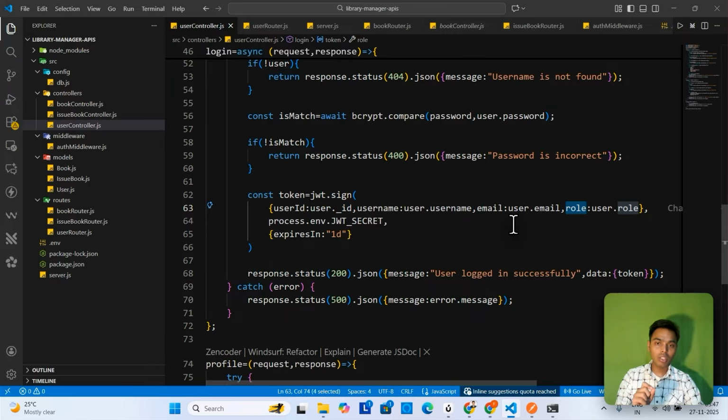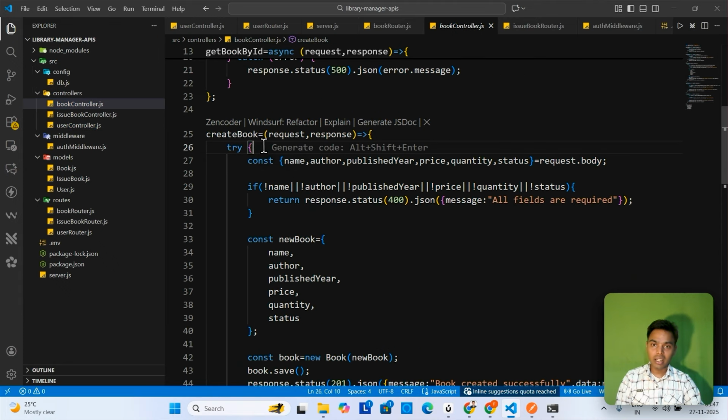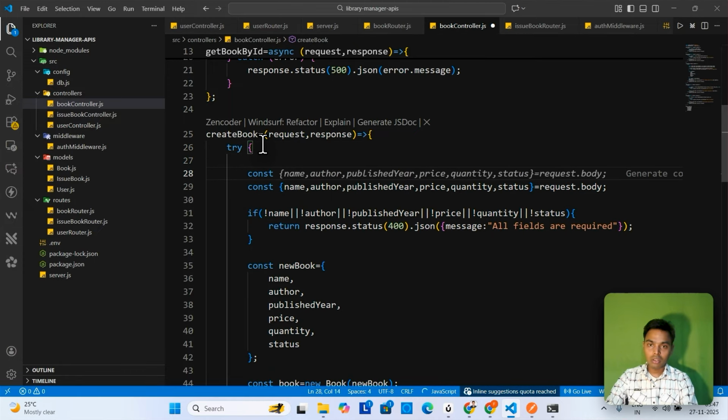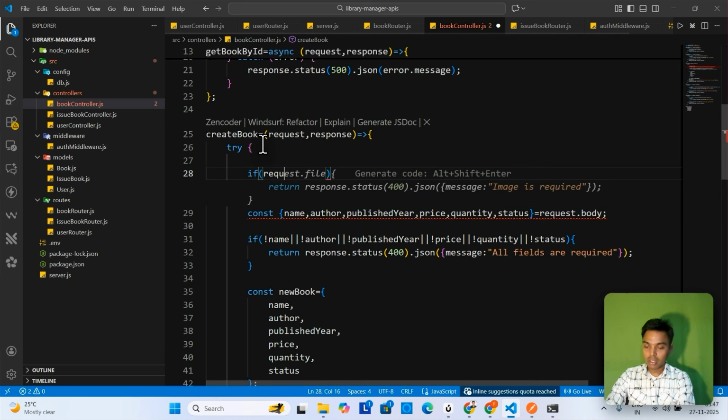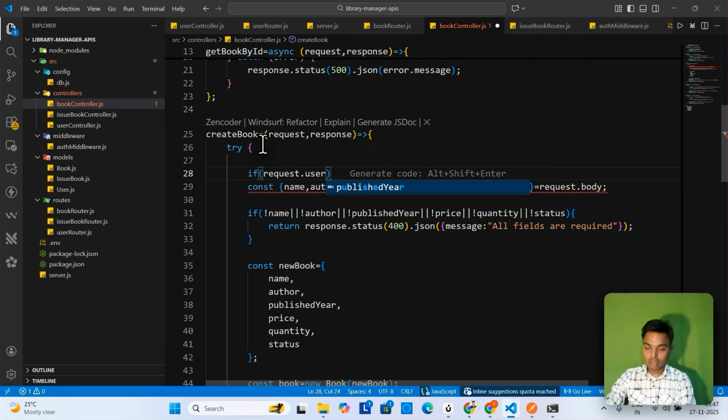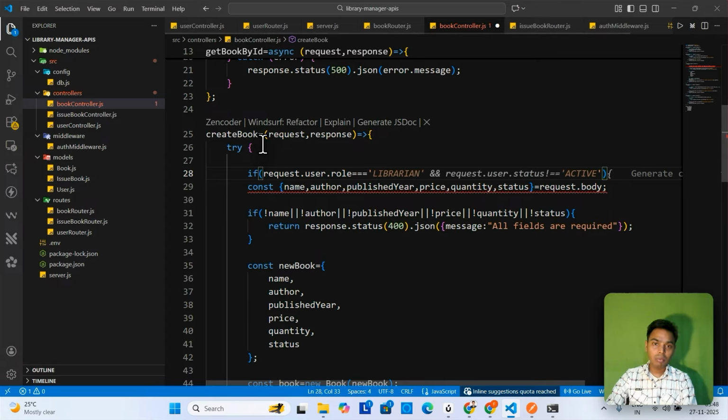Means with the help of request.user, we will get this data: user ID, username, email, role. Okay, so in the book controller we will write: if request.user.role must be matched with librarian. If it is not equal to librarian, then he